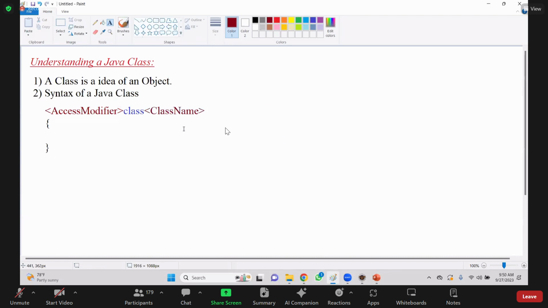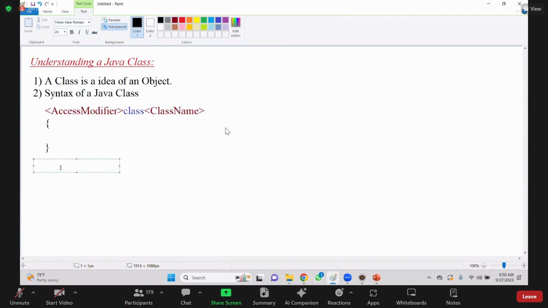Public and perfect. Okay. This is the syntax of a class. Now, third point is,